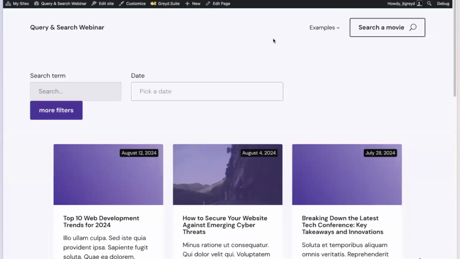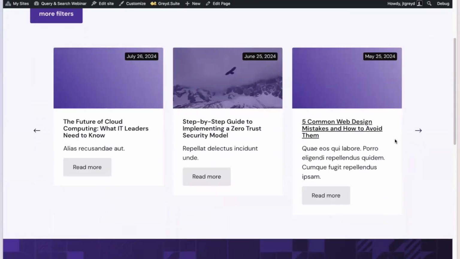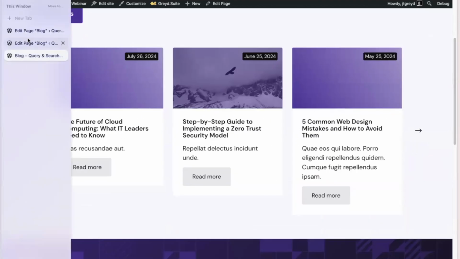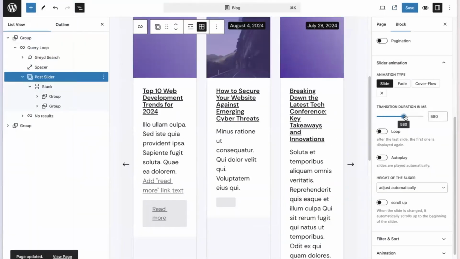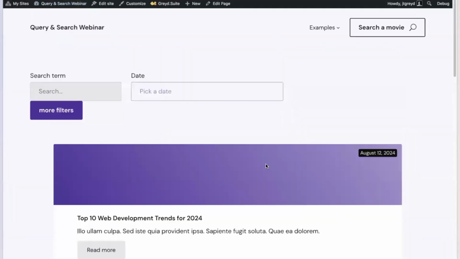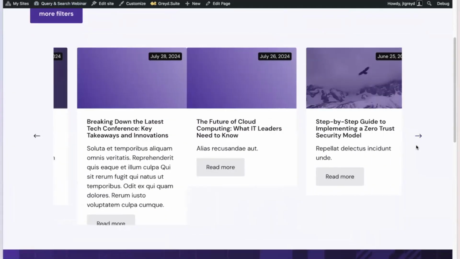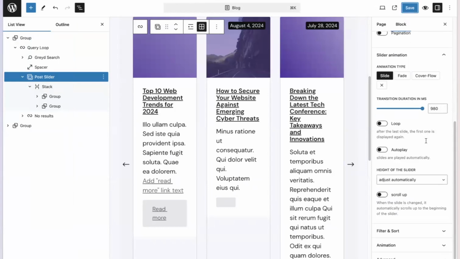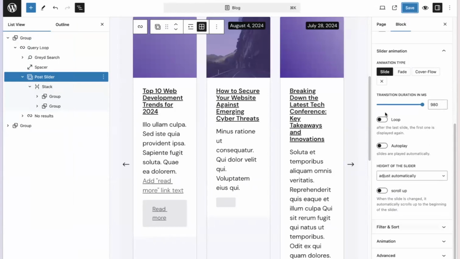If I save this, you're now able as a user to switch to the next page without reloading. And if I select this transition duration and make it really long, then this slider animation is now customized, which wasn't possible before, only with a filter. Just a little detail of what we changed in here as well. And all the other old functionalities are still supported in here.